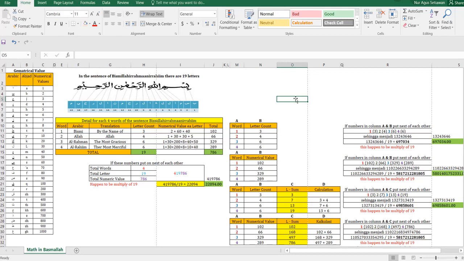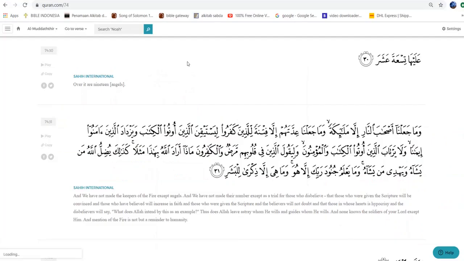In this video, I would like to show you the miracle of the availability of a mathematical code within the sentence of Bismillahirrahmanirrahim, which is protected by the multiple of 19. Before we go there, let me first show you some references about this number 19. In the Quran, in the Surah of Mudathir,